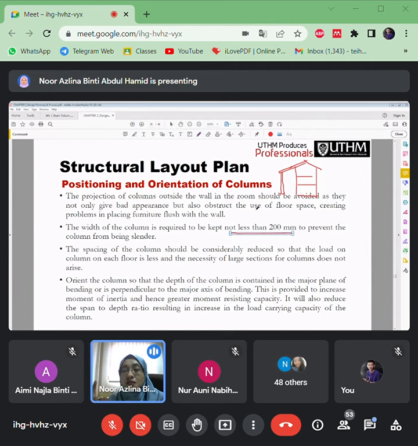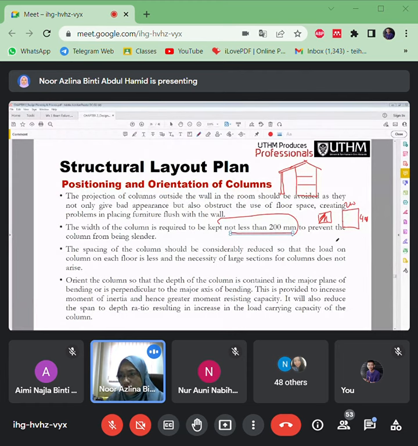Actually okay je dia dah calculate pun tapi because of that size, because of that appearance also might make the owner pun tak rasa comfort, tak rasa selamat dan sebagainya. So there will be a standard here, not less than 200. So it can be up to 200. You nak buat equal ataupun 200 times 400 tapi mostly we go for double macam ni kan. So kita pun nak structure kita nampak cantik kan. Okay,